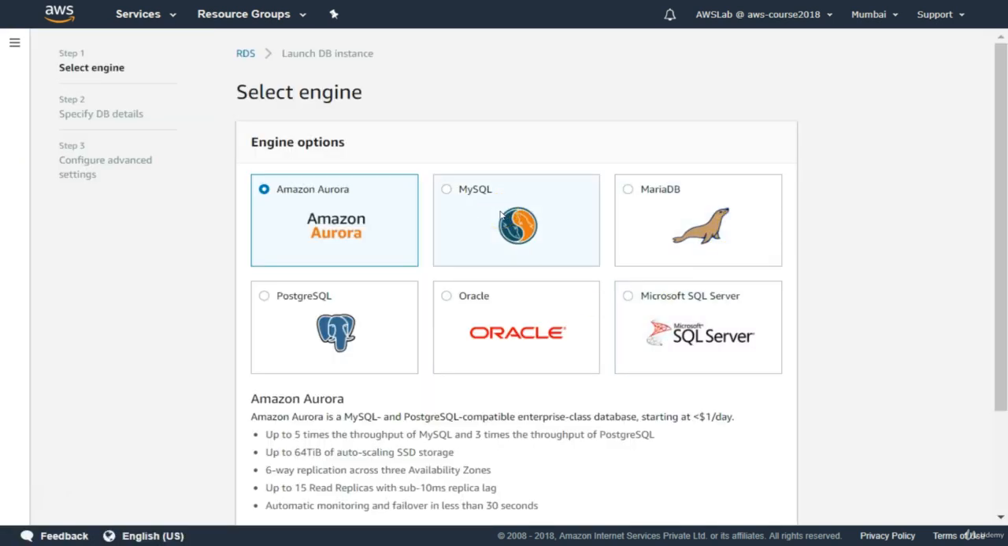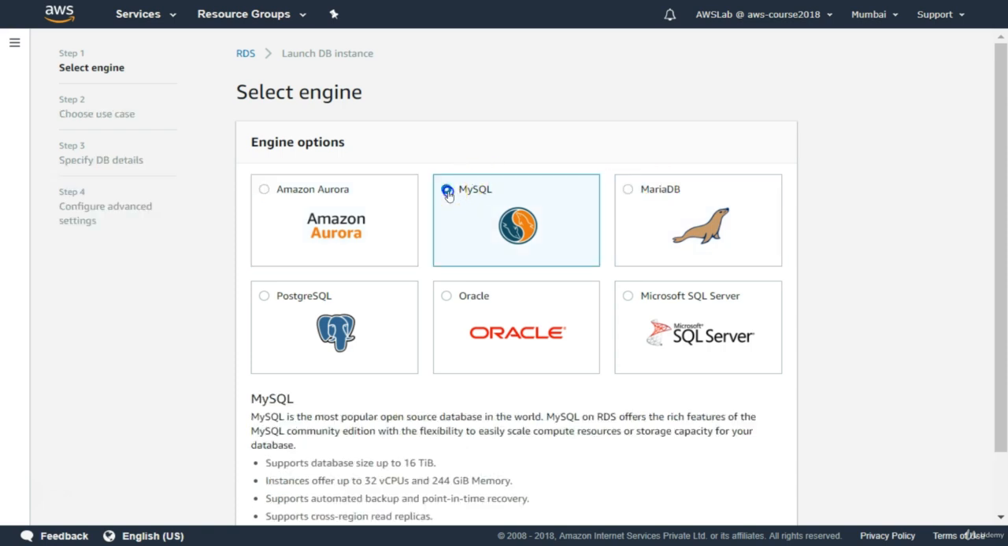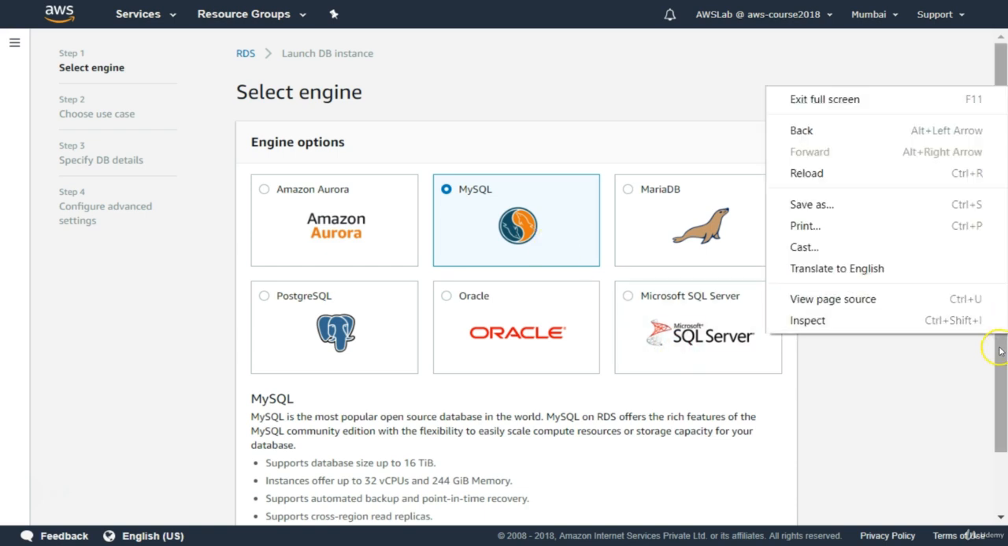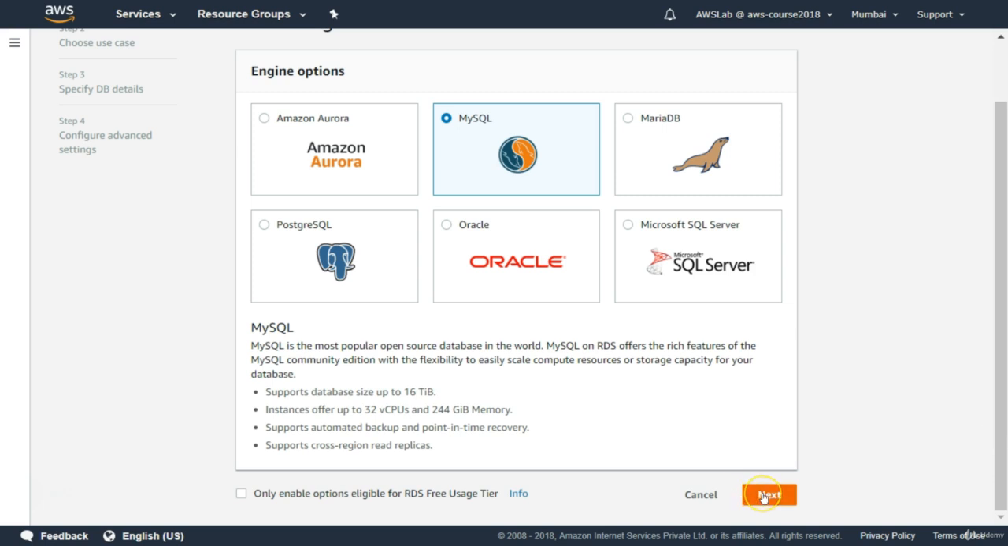So this screen looks a bit familiar to you. Maybe this is not exactly the same as what we have seen because of region. I think in the Mumbai region there are 6 options. In other regions it may differ a little, but the basics are the same. So here we are going to select MySQL, as we are going to launch a MySQL instance. So we have selected MySQL and we will click next,